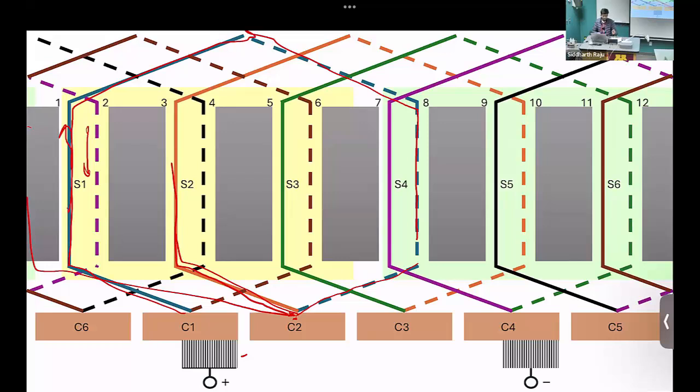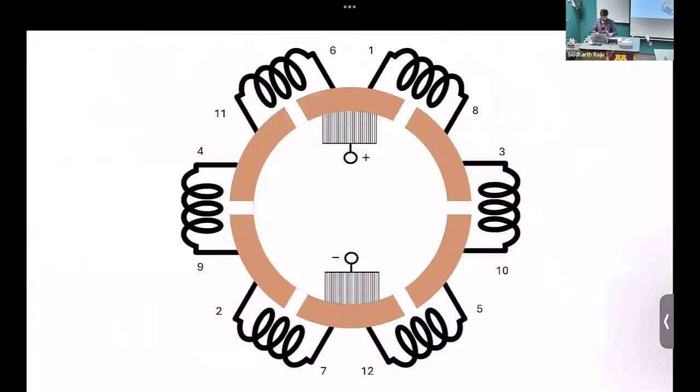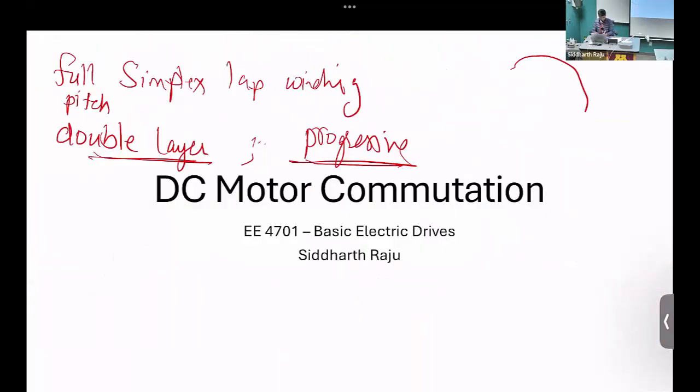Would there be any advantage with progressive winding compared to retrogressive? Absolutely nothing. Initially, it might appear as if the end turn length is larger, but that won't be the case because we are looking at it in a one-dimensional plane. When you plot it in a circular way, instead of putting it in a plane,